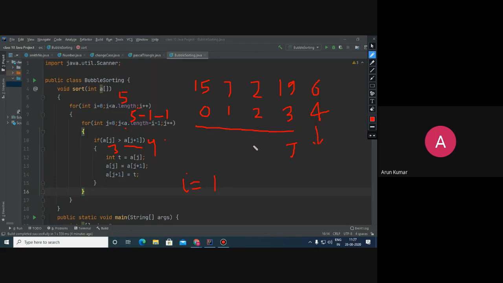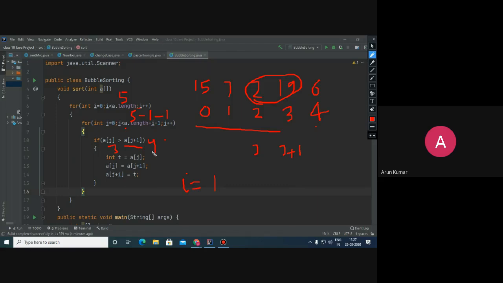So the loop will go up to here, and j plus 1 will reach up to this one. This is j plus 1 in the second phase. So these two will get compared, maximum up to the last index, up to the last value of j in this second phase.